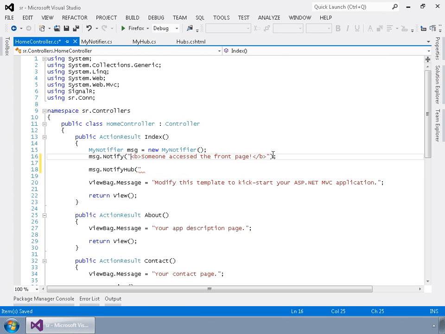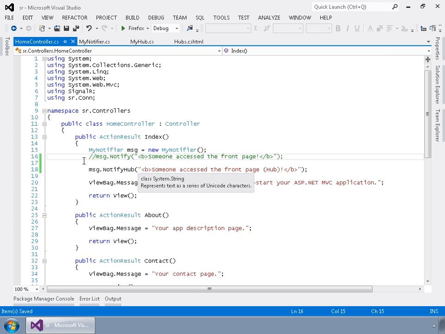and I am just going to copy the message from last time, and I'm going to throw hub in the comment of that. So I'm going to comment out the other notification, and so essentially it's going to say the same thing, but it's going to have hub in there showing that we're using the hub context and not the persistent connection context in this particular case. So go ahead and hit save, Control F5,